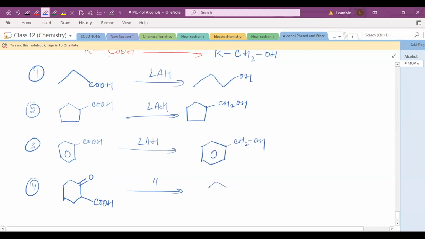Next one, the same CH2OH will be there for the carboxylic acid, and we know that lithium aluminium hydride also reduces the ketone. यहाँ पे ketone भी तो है, right? So it will reduce the ketone also, right? OH over here and here CH2OH, right? So always remember sodium borohydride and hydrogen: if the reagent is sodium borohydride or hydrogen, in the presence of nickel, palladium or platinum catalyst, they do not convert the